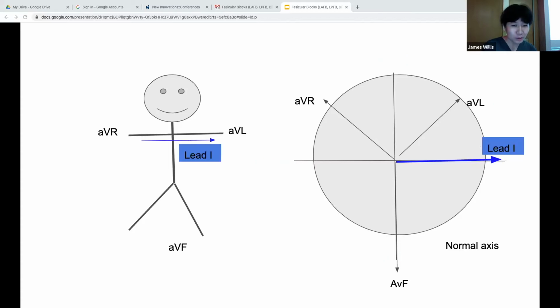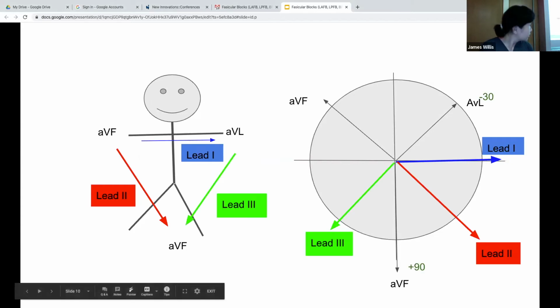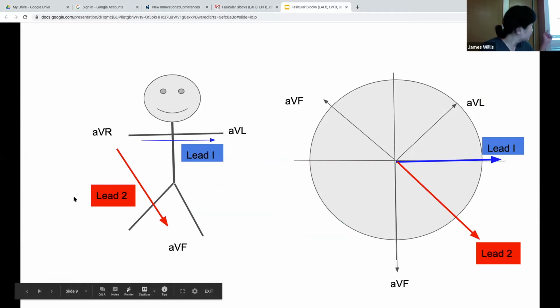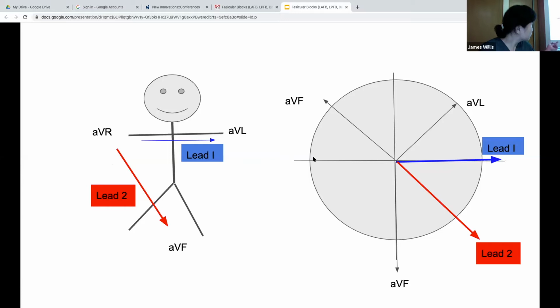So this actually took me a really embarrassing amount of time to understand in medical school. Why does lead 1 correspond to this? So I'm just going to go through these other leads really quickly, the limb leads that are derived from aVR, aVL, and aVF. So lead 1 is from right to left. Because the vector is in this direction, the vector transposes to our little unit circle type thing right here to about 0 degrees. And then lead 2, because it goes in this direction, transposes to here,